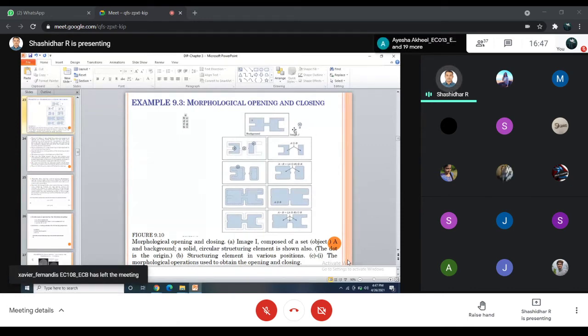Here, when B is put into the portions, for what purpose are you using it? The purpose is smoothing the image, right? So here the morphological operations are used to obtain opening and closing. We apply this structuring element to this image. See here the dot, and then outside we fit. Okay, here outside the fit. After that, see here when you close, we know the positions. Means it fits inside, that is closing.